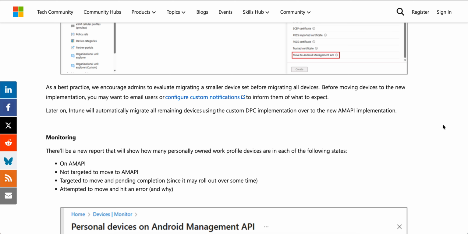Before moving devices to the new implementation, you may want to email the users, or configure some custom notifications to inform them what to accept, only right before migrating. Later on, Intune will automatically migrate all the remaining devices that use the custom DPC implementation over to the new Android